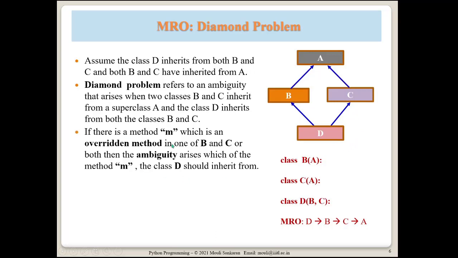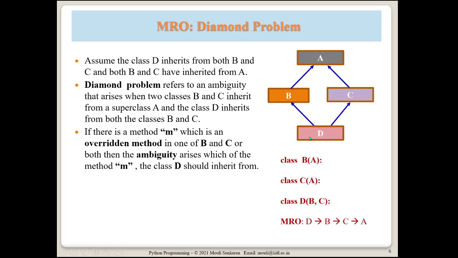If there is a method, some function m, which is an overridden method in one of B and C, either one of them. Suppose a method is only overridden in C but not in B, or only in B but not in C, or in both. In all three cases, or none of them, it should go to A and look for the same method in A. So in all the cases, you should have an unambiguous way of locating the method